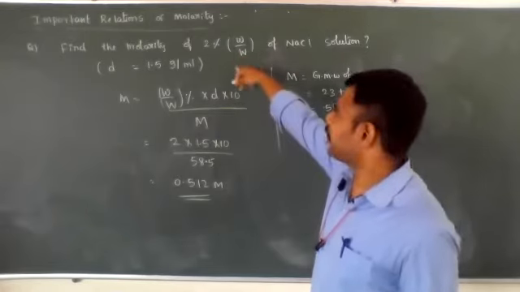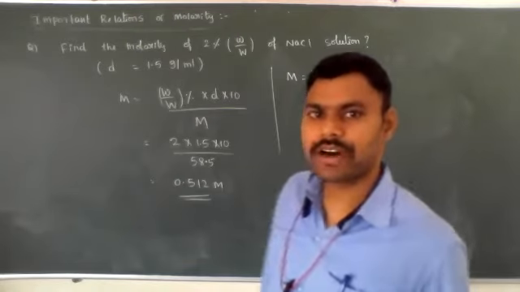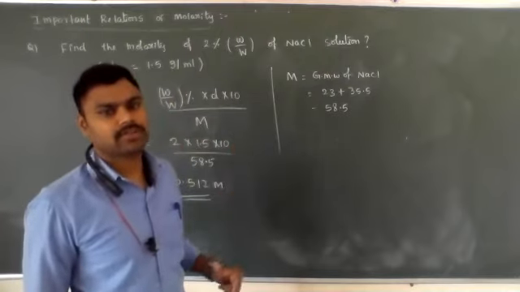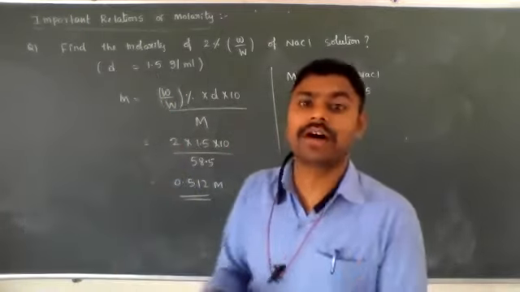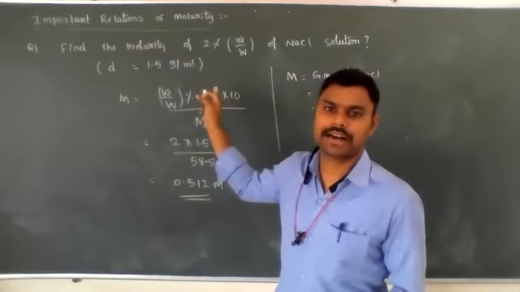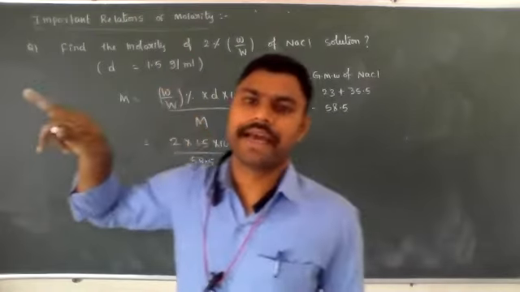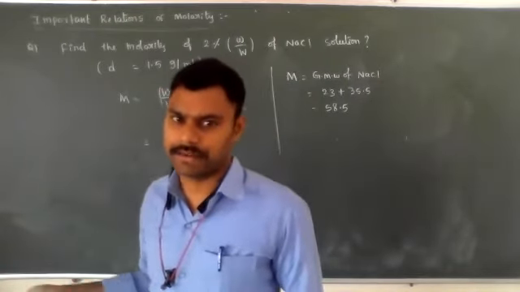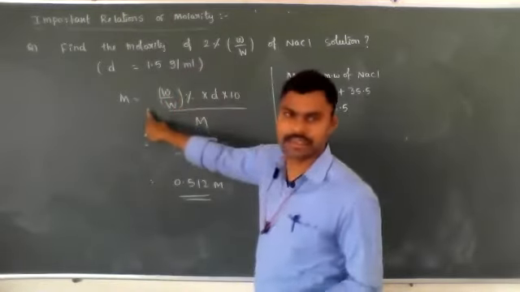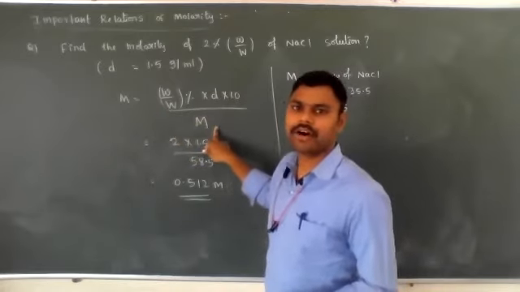No need to explain what is 2% weight by weight. 2% weight by weight means 2 grams of NaCl present in 100 grams of solution. But if you want to calculate molarity, the volume of the solution we need to calculate. Again density is equal to mass by volume. So mass is equal to 100 grams. Then again we need to calculate volume. After that we have to use the formula M is equal to weight by gram molecular weight of solute into 1000 by V in ml. So instead of using that formula, the shortcut is molarity is equal to weight by weight percentage into density into 10 by gram molecular weight of solute.